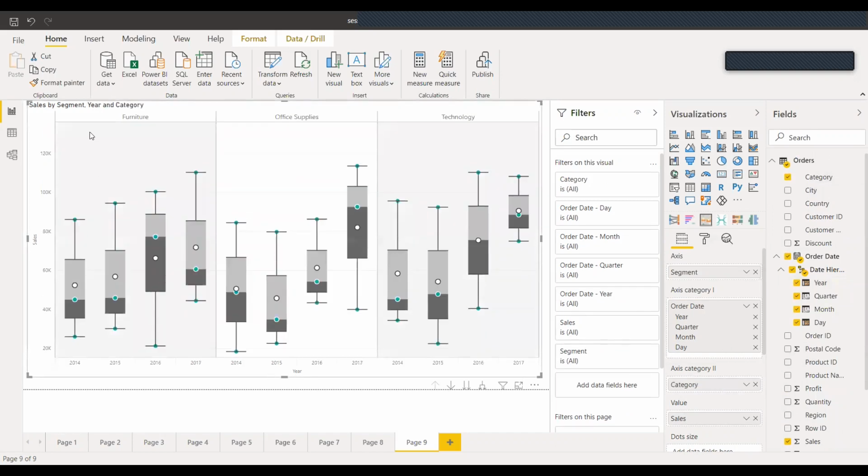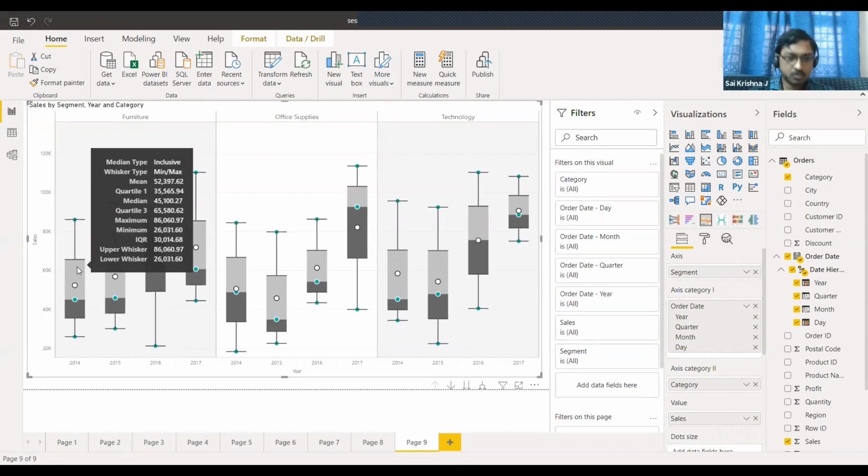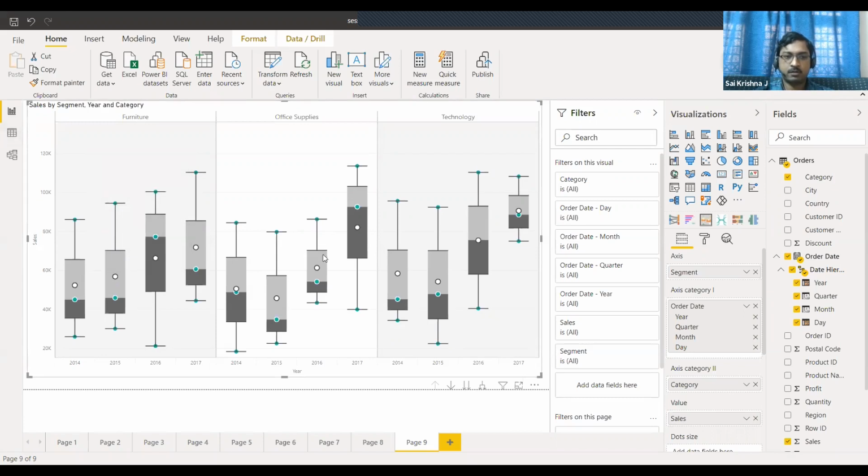Now the visualization is giving the furniture product category in 2014. We have this, the mean is 52,000, and the mean, I think now Sai, I would need your help to explain this. Sure, yes. So typically, the box whisker plot that you're seeing on the screen is used to represent the distribution of a particular variable's values.